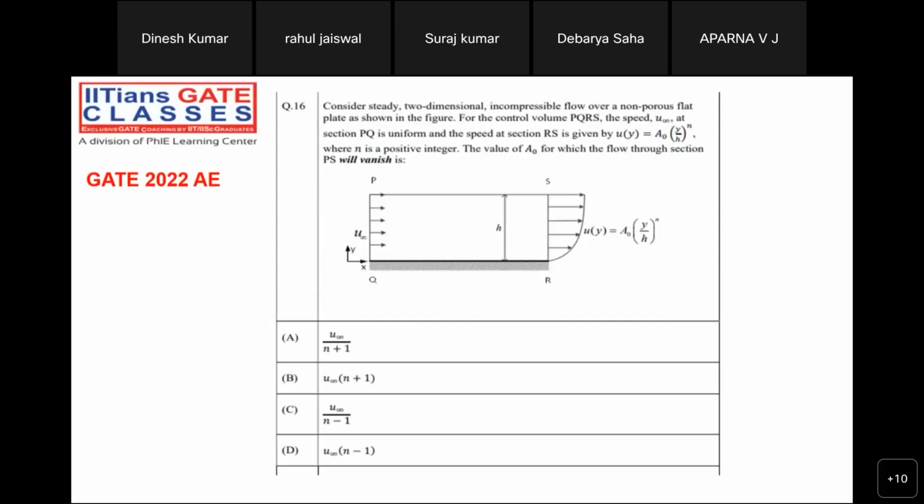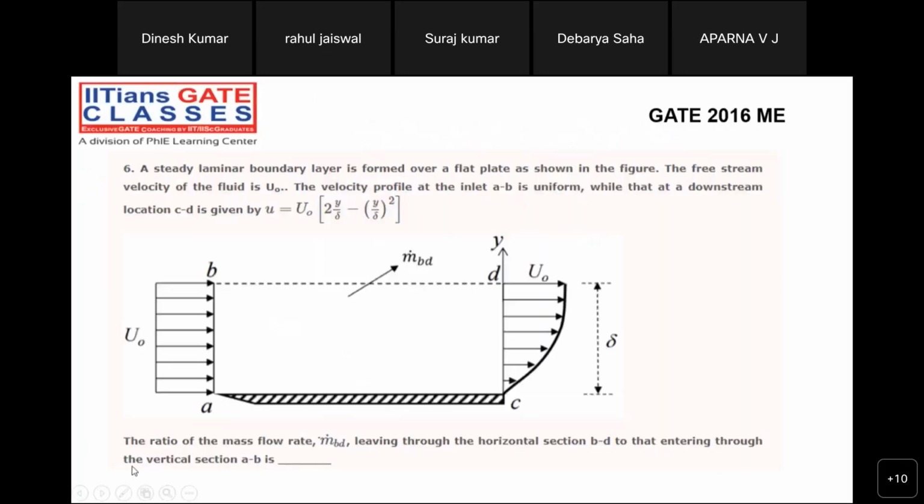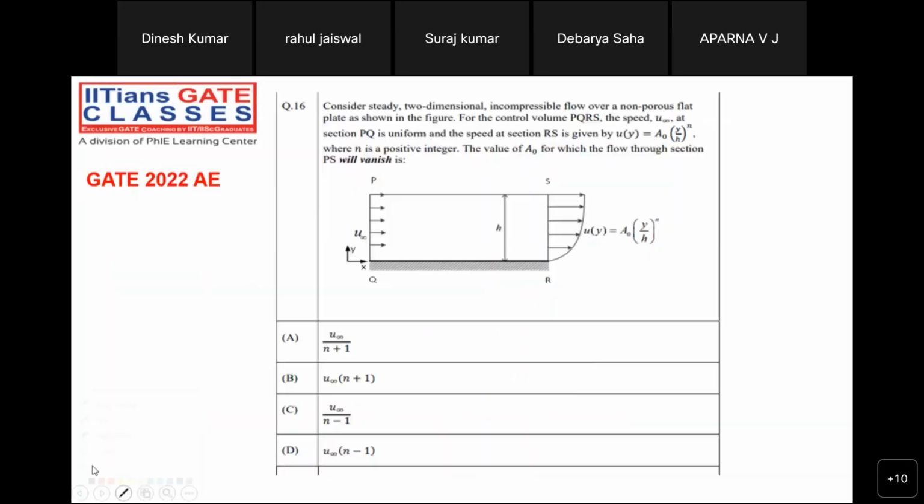Consider a steady two-dimensional flow. I can write, because I need to stick to this particular page only. So yes, now if you just observe this question very carefully,